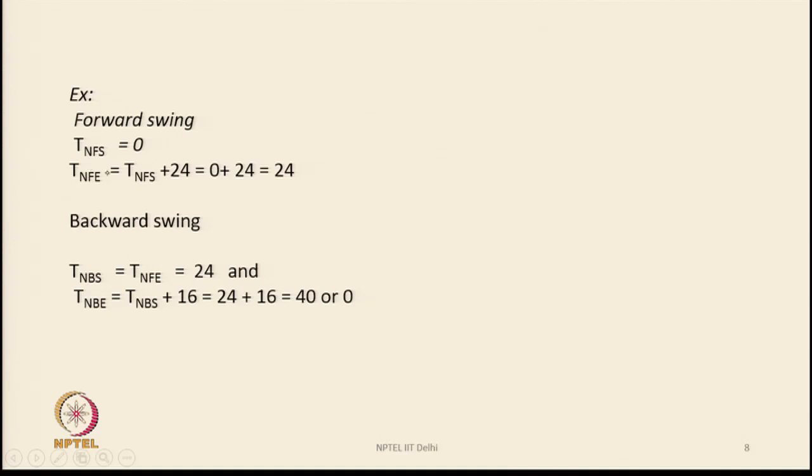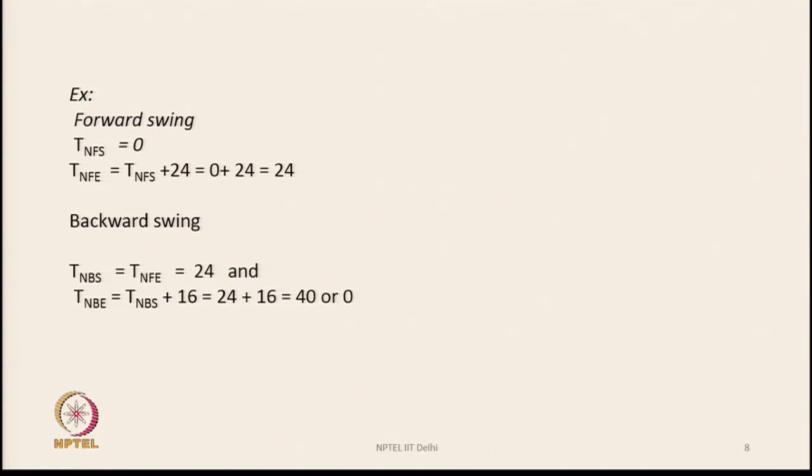So, TNFS is 0. So, TNFE is going to be 0 plus 24, therefore, it will be 24, and for the backward swing, the TNBS is going to be TNFE. So, they will be the same, and therefore, it will also be 24, and hence the TNBE, the ending time, is going to be TNBS plus 16, which will be 24 plus 16, which is 40, and 40 or 0 are basically the same. So, therefore, we can say that the forward swing of the Nippard is from 0 to 24